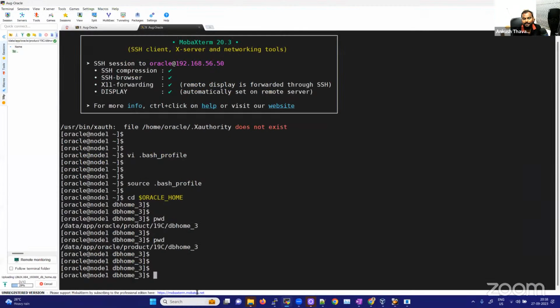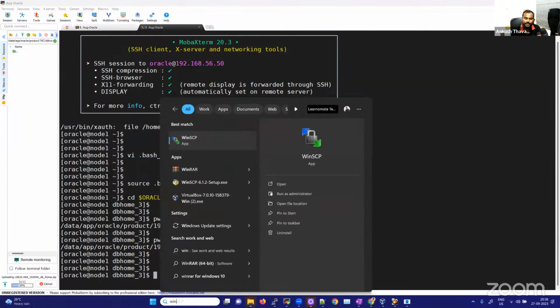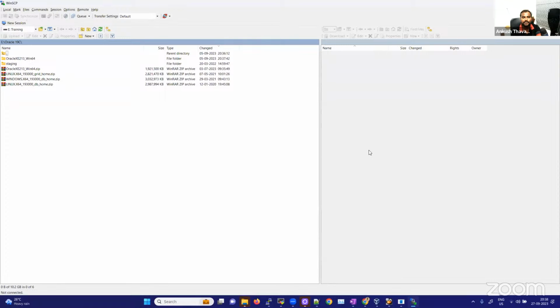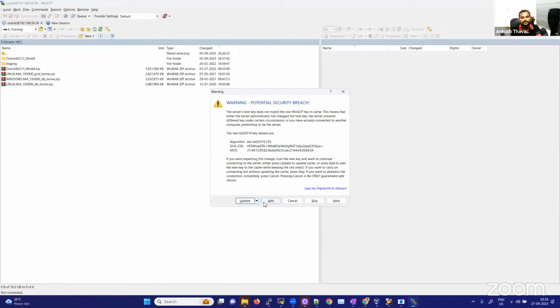Okay, and after the installation of that WinSCP software, how to install WinSCP? Just double click next, and WinSCP will look like this. WinSCP and MobaXterm both are doing the same thing. MobaXterm has inbuilt SFTP. If you don't have SFTP options, you can click on new site, enter the IP address of your Linux machine, which is 56.50. I want to do this with the help of Oracle user. Press enter, add it,